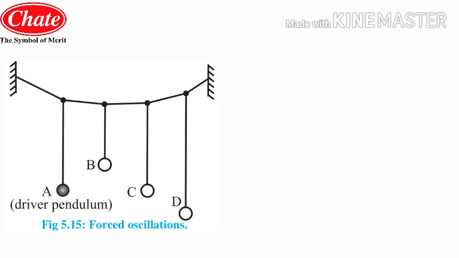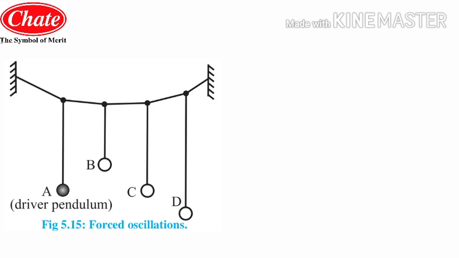Now we will move further toward forced oscillation. Students, the diagram for forced oscillation you can see on your screen. Consider the arrangement shown in the diagram, in which there are 4 pendula. One thing you have to keep in mind is that the plural of pendulum is pendula. Keep this in mind whenever you are writing in the exam. Now the pendula are tied to a string. Pendula A and C are of the same length, and pendulum B is shorter and pendulum D is longer, as you can see in the diagram.